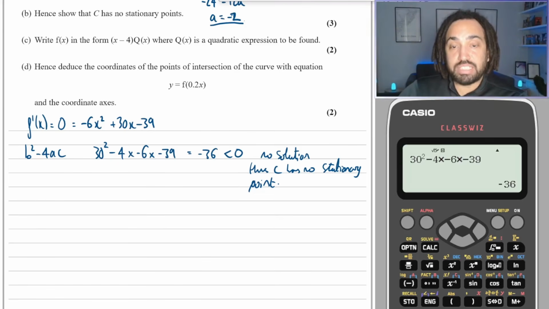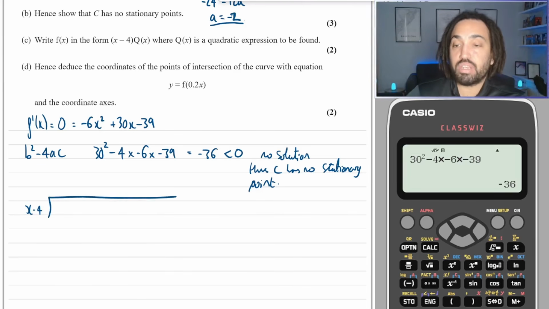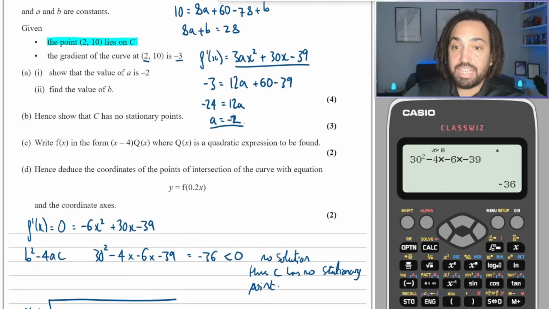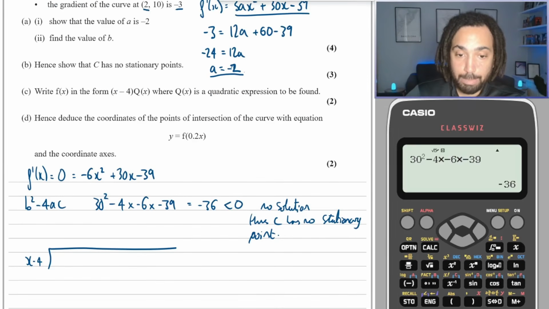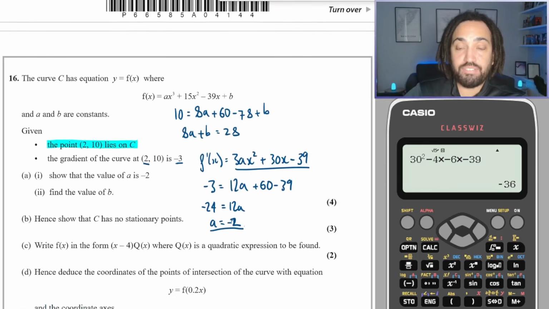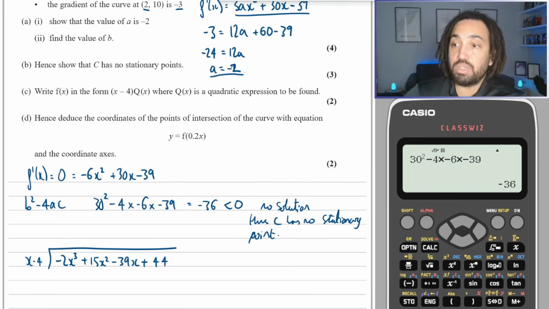Okay, it says write f of x in this form where q is a quadratic expression to be found. So that sounds like I need to do polynomial division, or you could do equating coefficients. I'm just going to divide it because I find it easier. A is minus 2, so that's minus 2x cubed. And then we had 15x squared minus 39x, and it was plus b, which is 44. Okay,